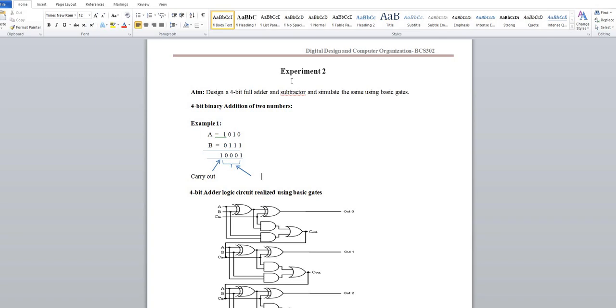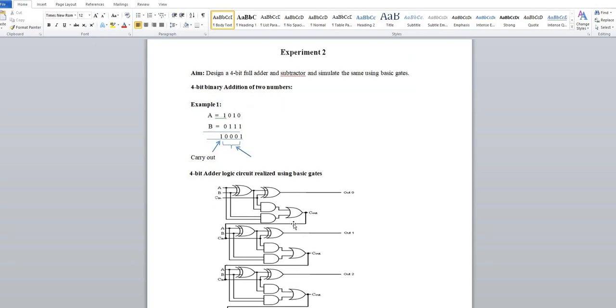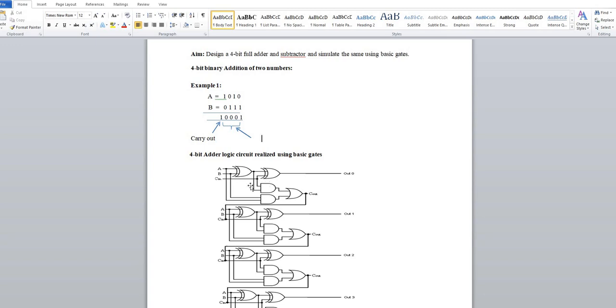So today's experiment is experiment 2. Design a 4-bit full adder and subtractor and simulate the same using the basic gates. So the 4-bit binary addition of two numbers comprises of... Before moving on to designing and simulating the